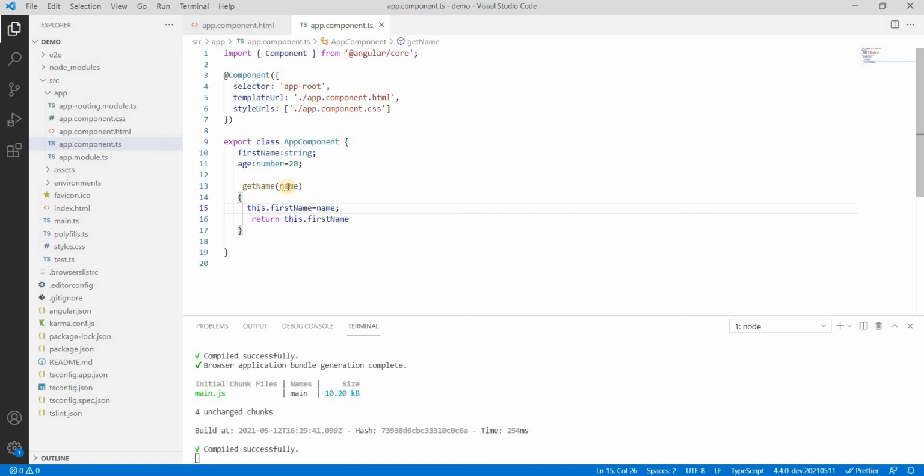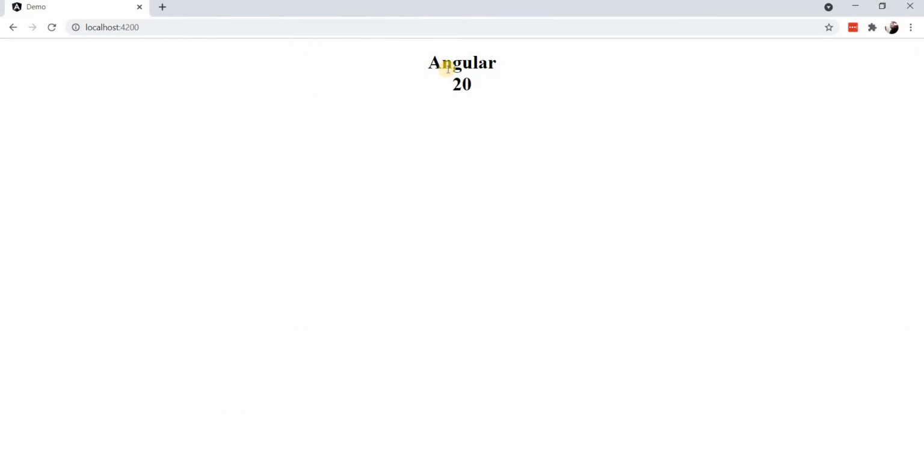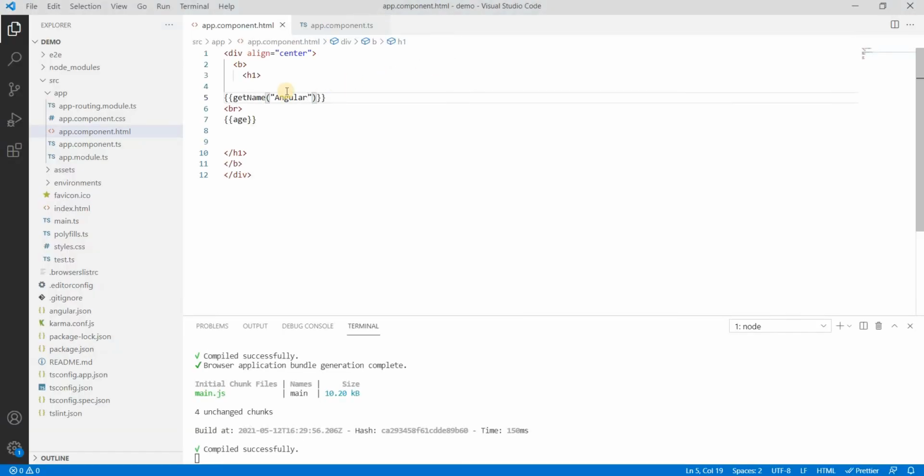See, now I'm using the parameter, so I didn't use this with the name on the right side. Here I pass the name, I can pass anything, let's say Angular. Now that method is accepting a particular value in the form of a parameter and returning the name here.